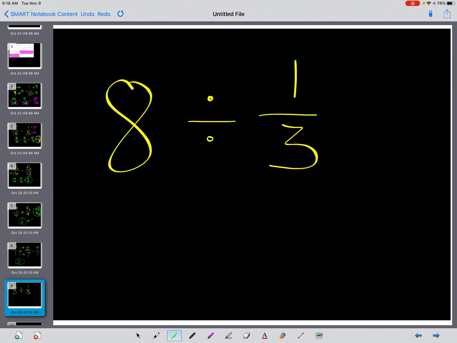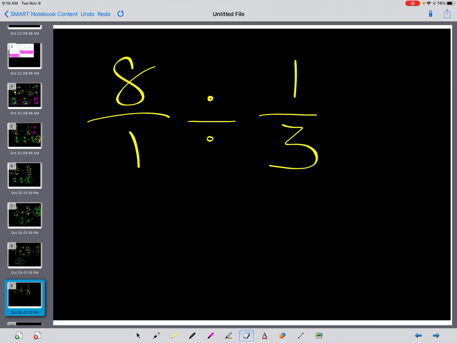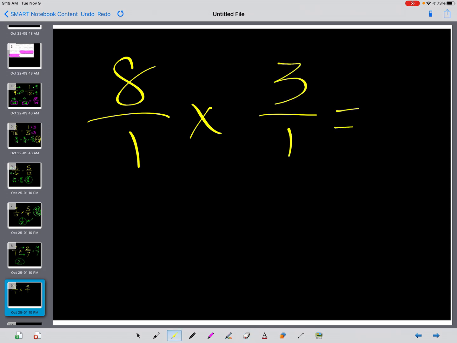And finally, here we have division. Once again, if you're dealing with fractions and you have a whole number, just change that whole number into a fraction. It was 8, and so that's 8/1. Now, with division, this is what you call keep, change, flip. Keep that first value the same. Change that division symbol into multiplication, and then you flip the divisor. That becomes 3/1. So ultimately what we have is just 8 times 3,